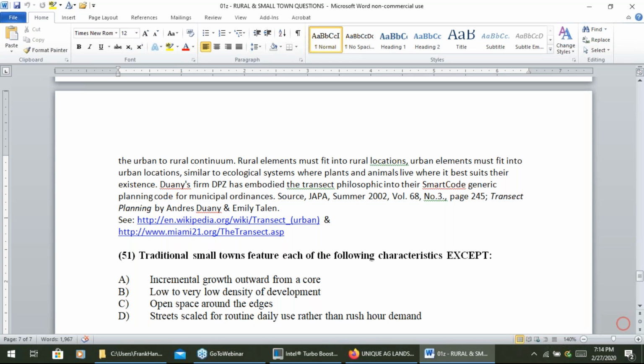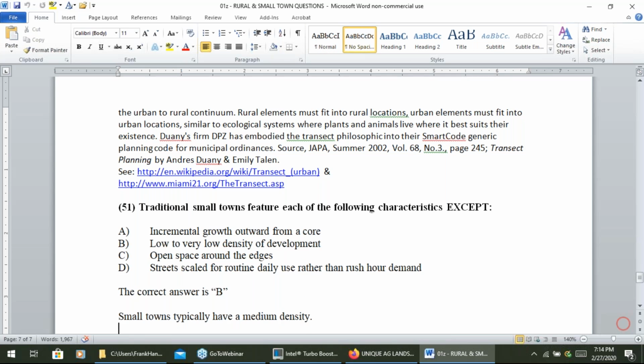B as in boy, low to very low density development, right? What's the density we said? Medium density. And as Kim said, that's typically 4 units per acre. Now, I know some urban planners would say that's not medium density, but that's medium density, all right?